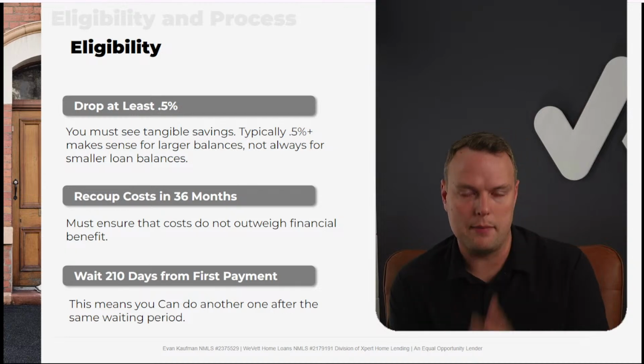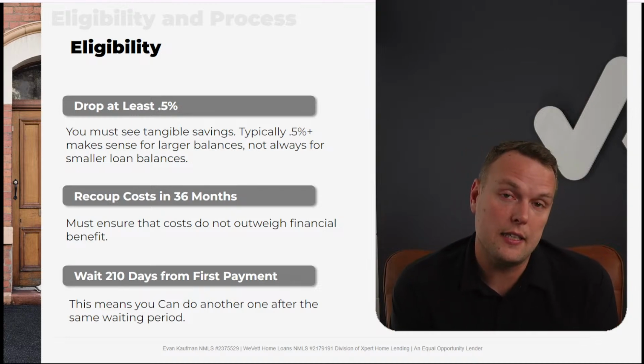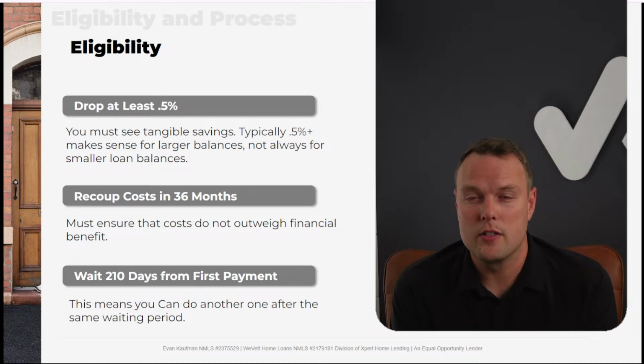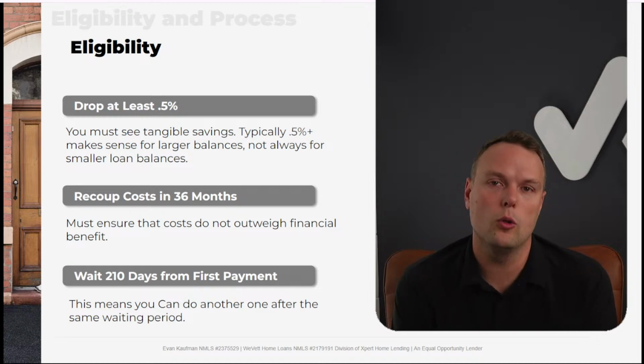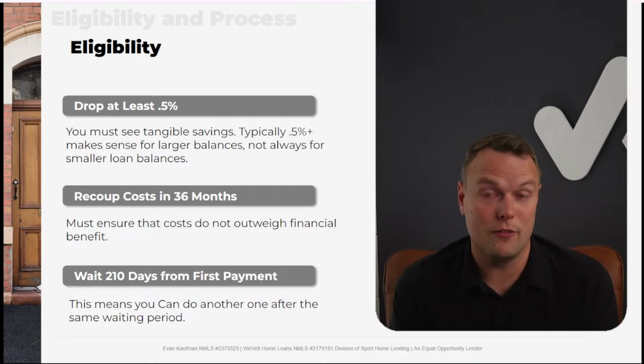We'll talk about how you can get a better example in a second. But know that we got to drop you at least 0.5%. And right now, we're seeing people drop full percentage points, some even more. The other thing is that we need to see you recoup the cost within 36 months. So the VA effectively says, okay, lender, cool, you're dropping them 0.5%. But if you're charging them 10 grand in what's called finance points or finance charges to bring them down to that,